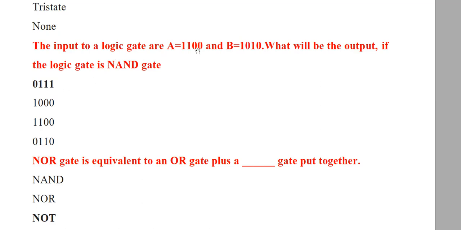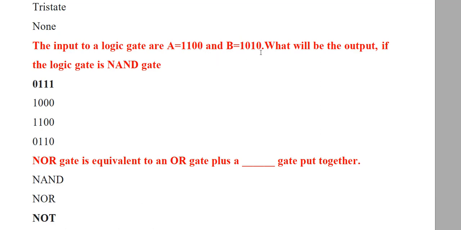Same kind of numerical you can try for other gates like AND gate, OR gate, XOR gate, NOR gate and XNOR gate. Same input, or you can change the bits of the inputs and you can try at your own place. Yes. So these are very simple kind of numericals where the input is given in the form of 4 bit. So you don't have to worry or panic. Just you have to add bit by bit.